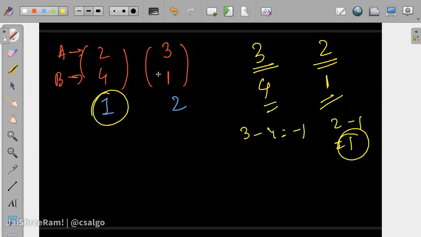Okay, so now how do you design a strategy for this one? Any other strategy, any other tries, guesses? No, A is less than B. I did not get you. How do you decide which card to take? So you only take those cards where A is less than B. That also does not work.